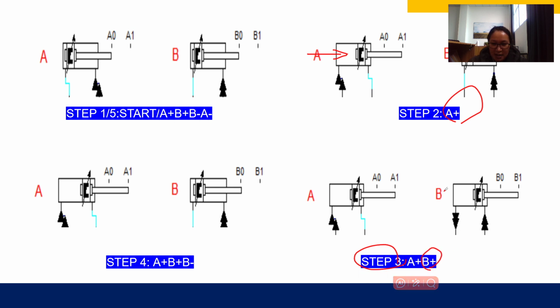It means that we must push the piston B to move from B0 to B1. The fourth step, we want to accomplish B minus. We must push the piston B to move from B1 to B0. The fifth step, we want to accomplish A minus. It means we must push the piston A to move from A1 to A0.